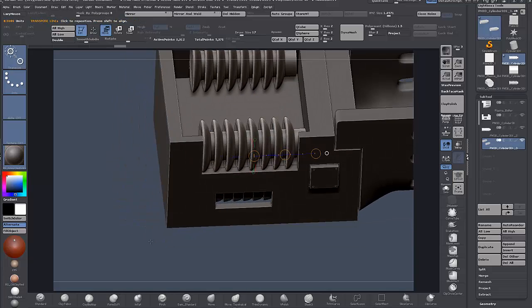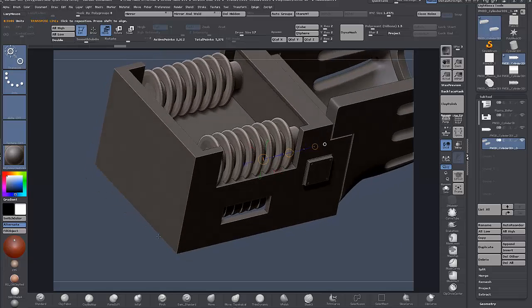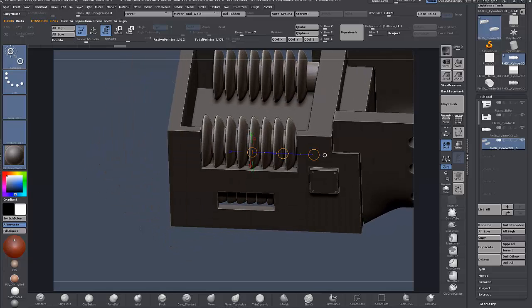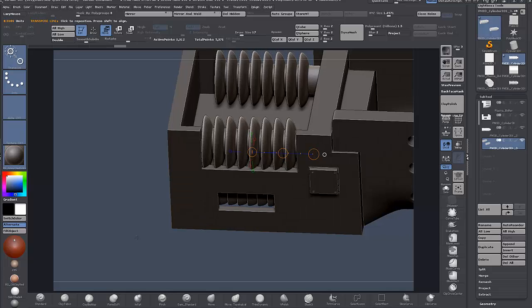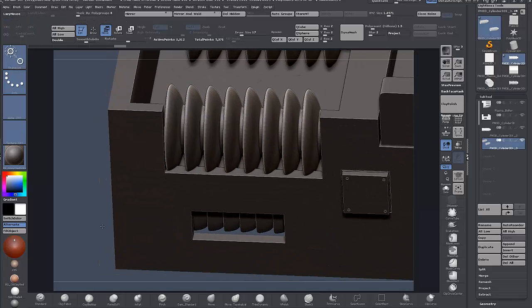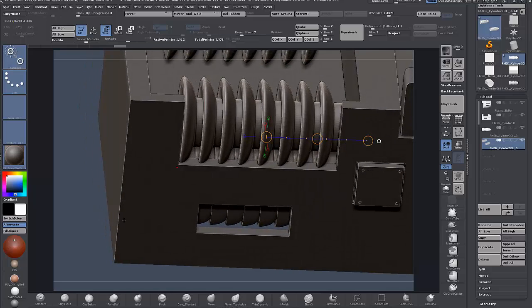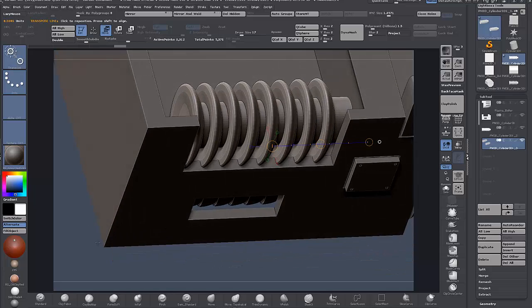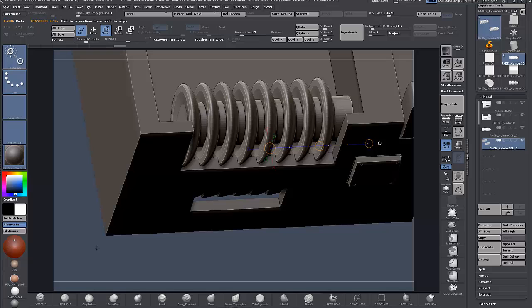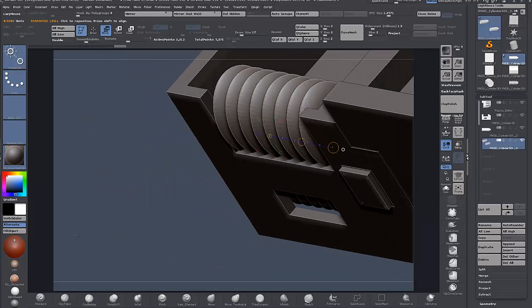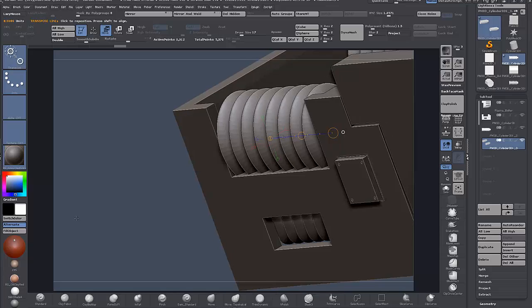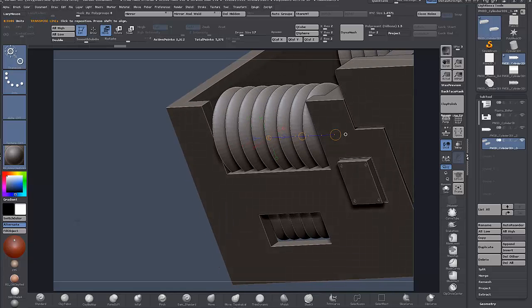Now are we interpenetrating there? We are indeed. Yeah, I don't really like the way they're so far back. So I think what I might do is